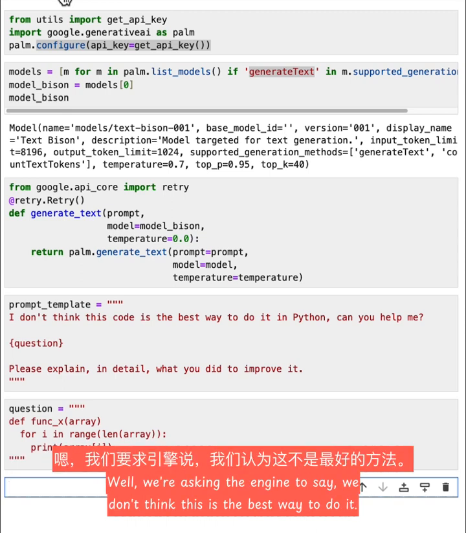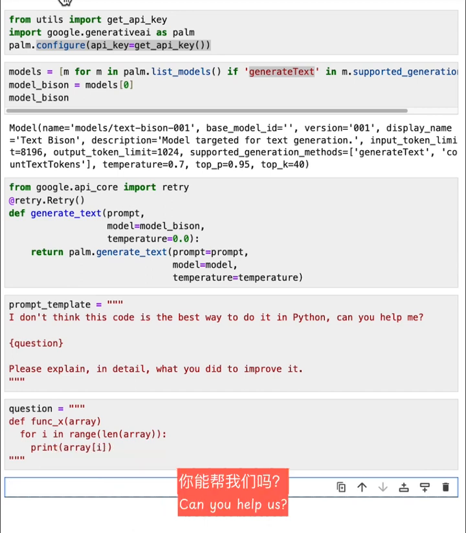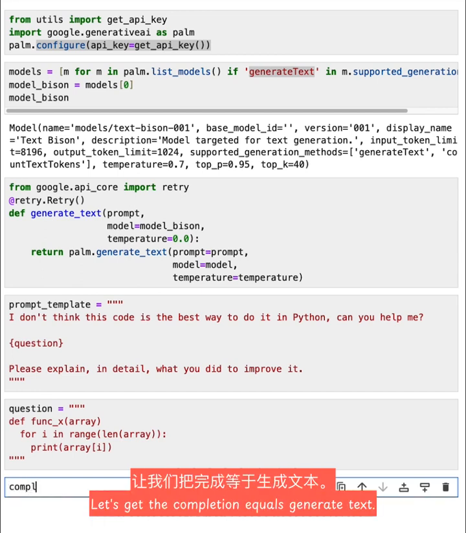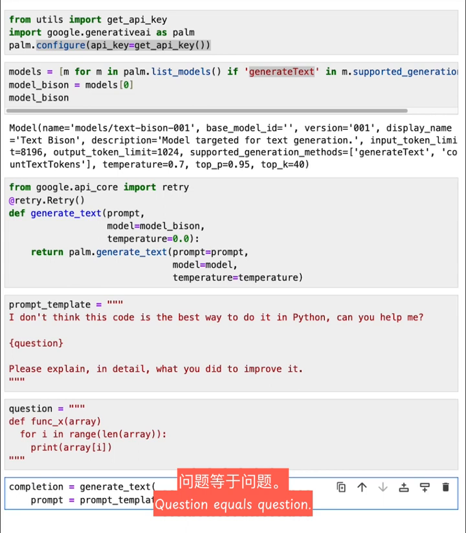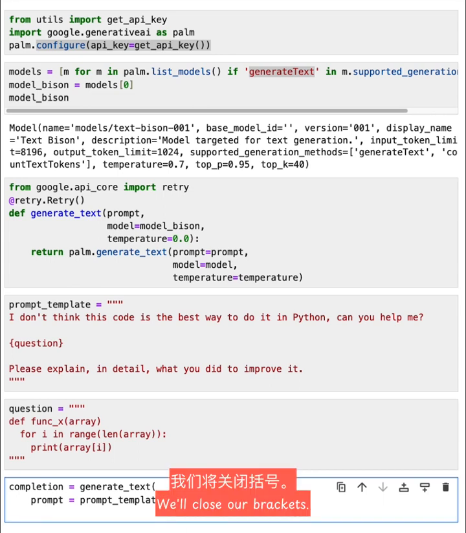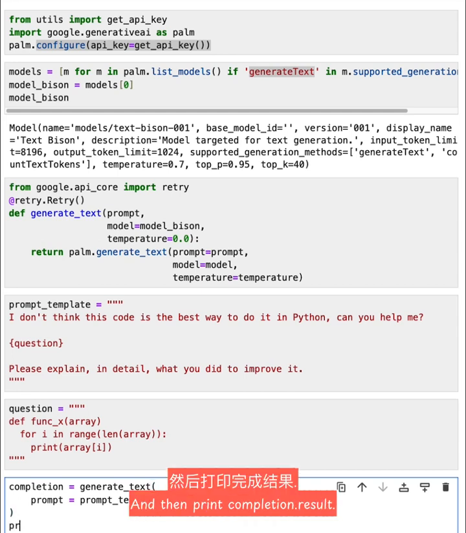Well, we're asking the engine to say, we don't think this is the best way to do it. Can you help us? What's the engine going to give us? Well, let's give it a try. Let's get the completion equals generate text, and then our prompt equals prompt template dot format, question equals question, and we'll close our bracket. I always forget that. And then print